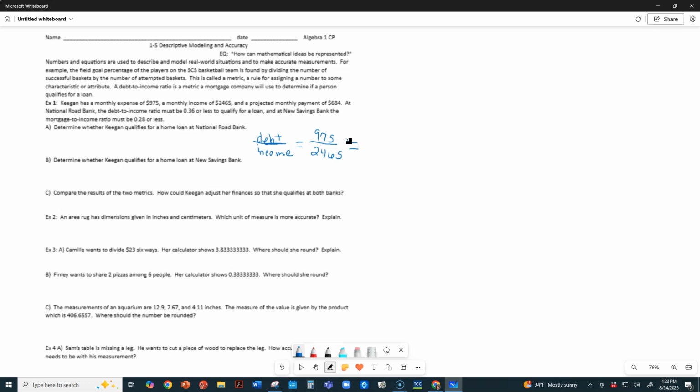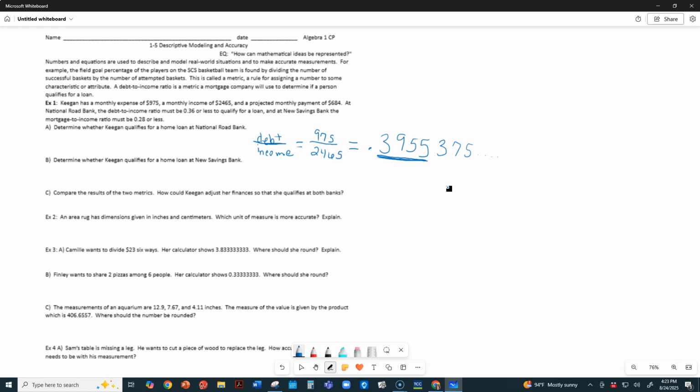And now I'm going to simply divide that on my calculator. And so when I divide that on my calculator, I get 975 divided by 2465. That gives me a decimal of 0.3955. And there's definitely more decimals, but the next one is 375, and then of course it does keep going. I chose to round it off right here because the 3 was a number that let me keep this 5 the same. And that would give me, if I needed to write that as a percentage,